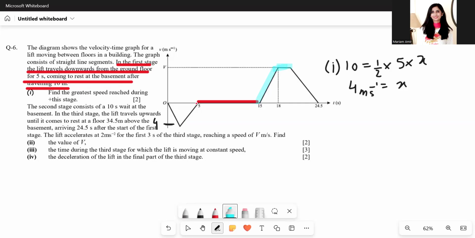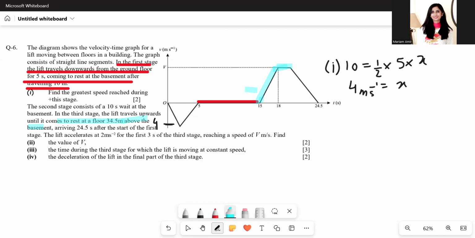The second stage consists of a 10-second wait at the basement. In the third stage, the lift travels upwards until it comes to rest at a floor 34.5 meters above the basement. Okay, so let me just reread that one more time. In the third stage, the lift travels upwards until it comes to rest at a floor 34.5 meters above the basement. Okay, so this lift starts going up,